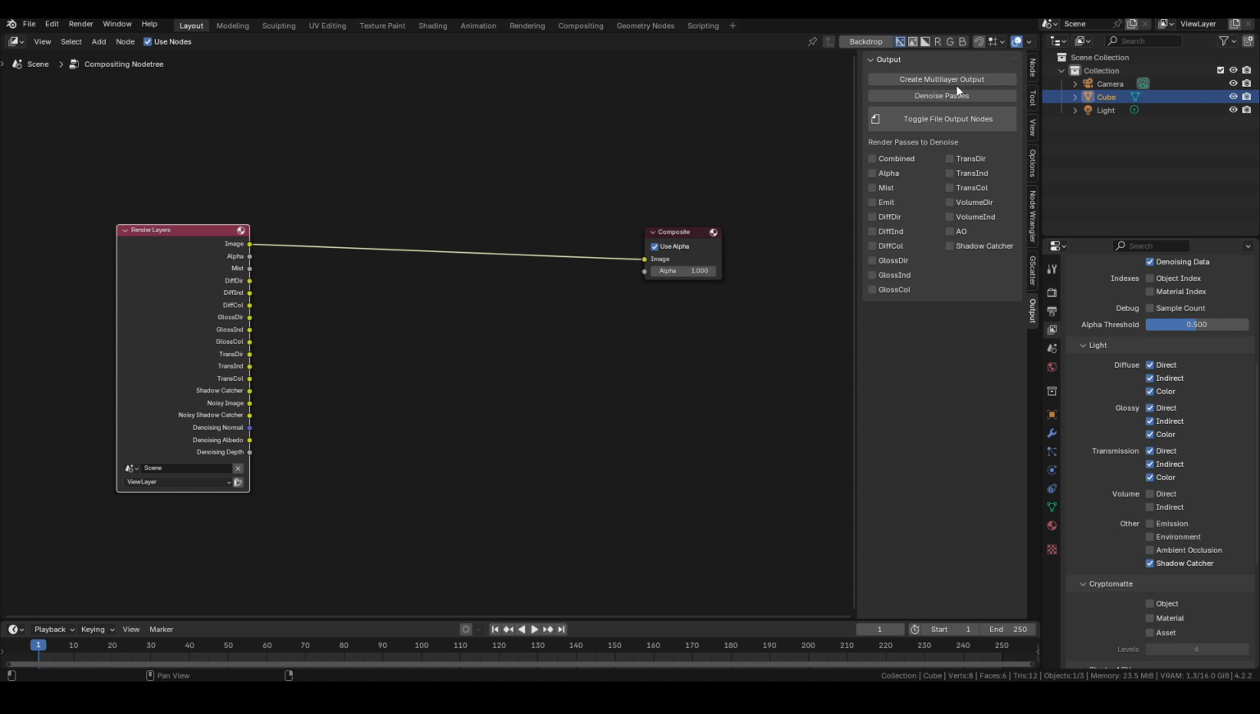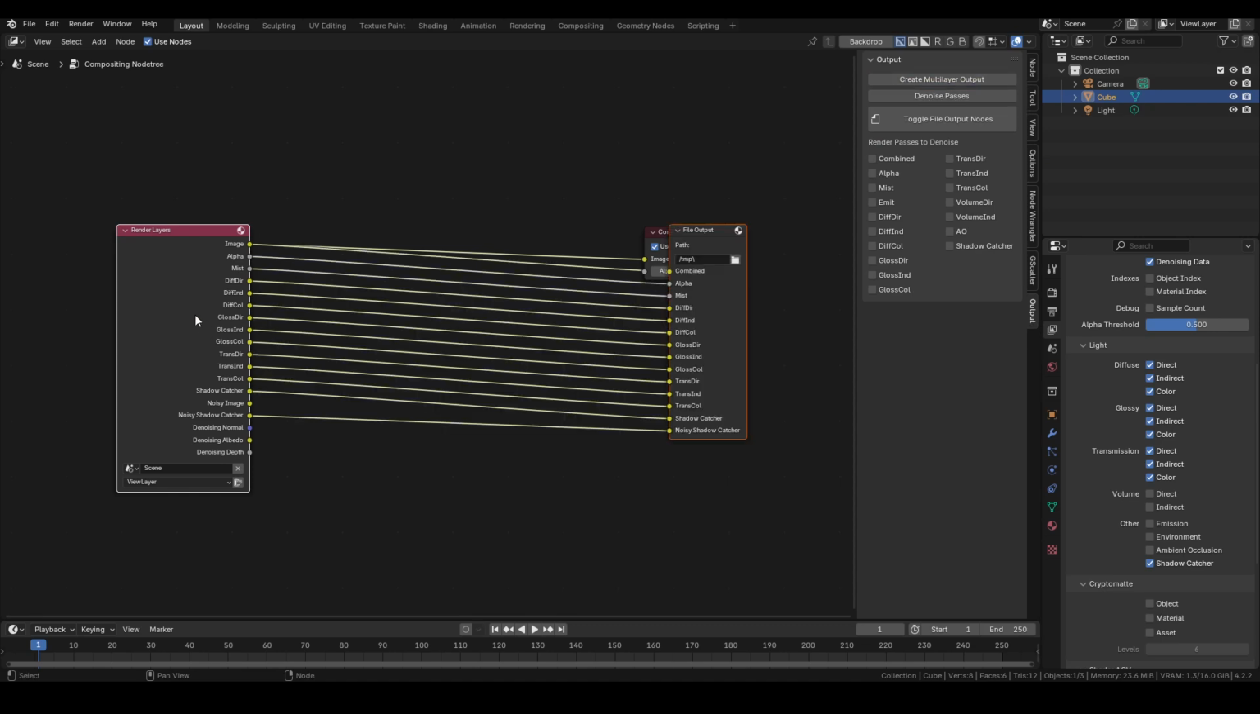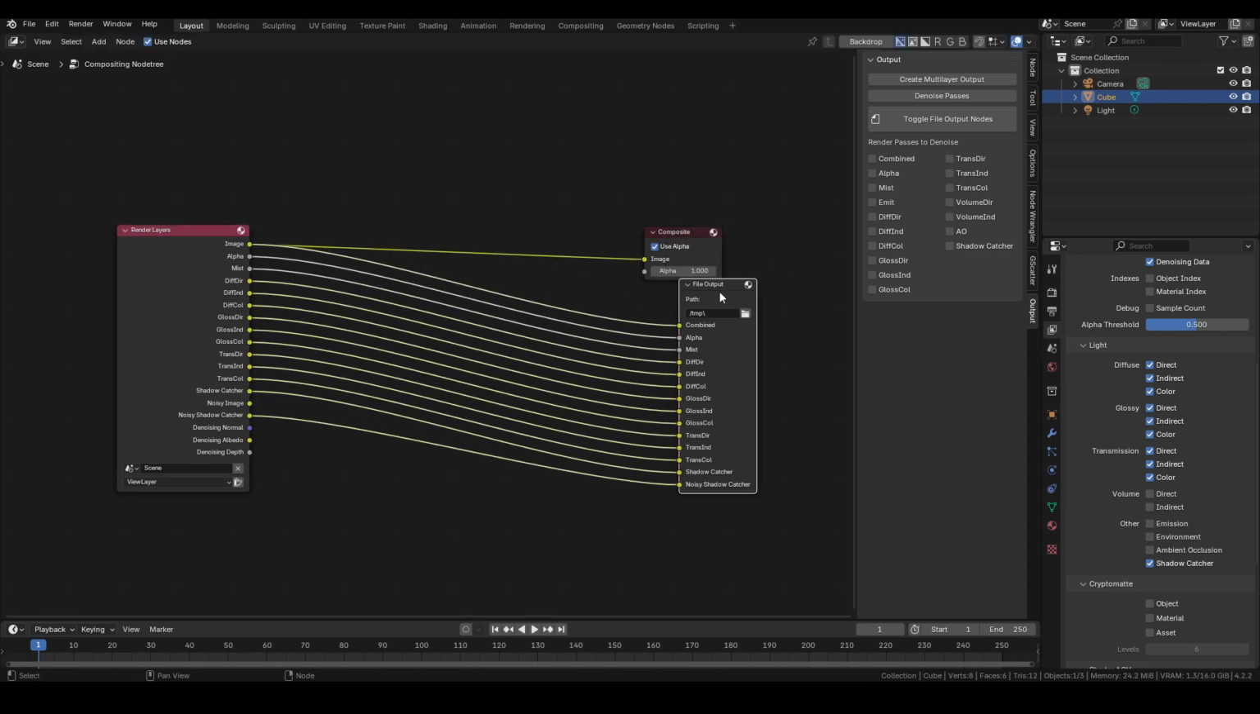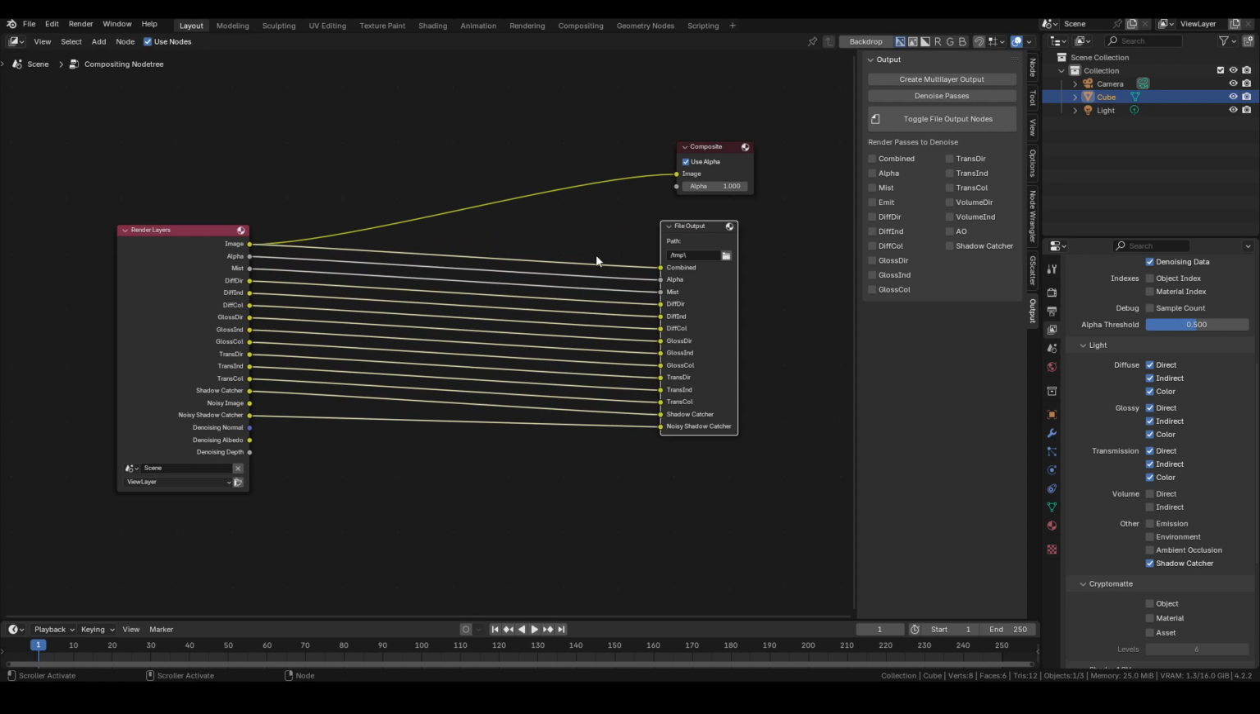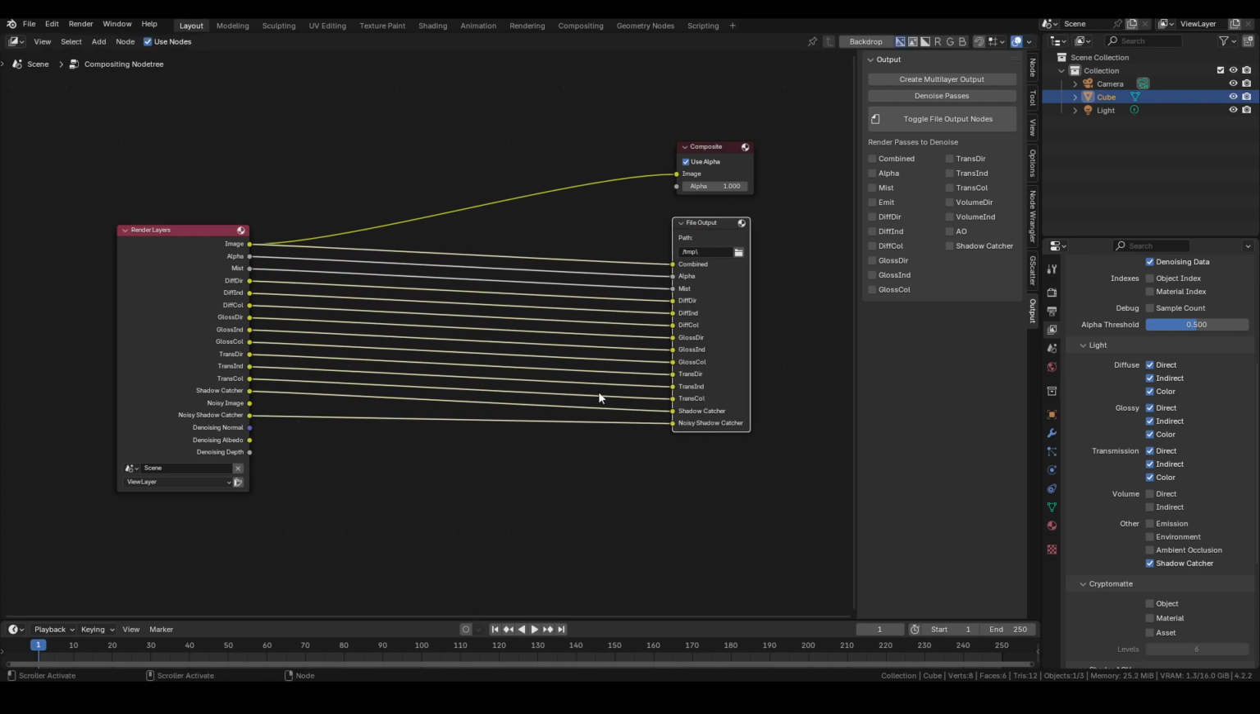So the first thing you want to do is create a multi-layer output, and it creates a file output node for your selected render layers node here. It connects everything and names it all accordingly and plugs it all in. So that's great. And then the next thing you'll see is a denoise passes button,